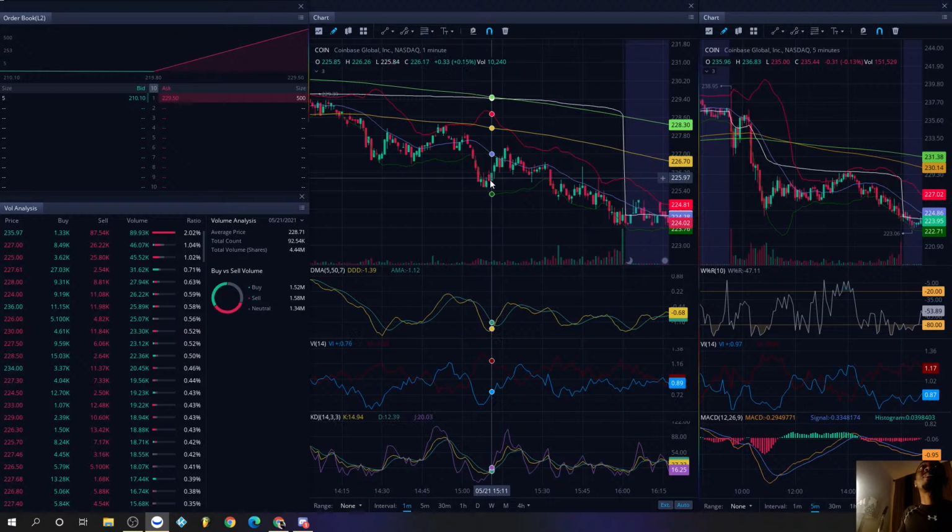If you were in that for the call, and let's just say you were a trader with regular stocks and you weren't even doing options, you get in it right there, you ride it for a couple minutes, and once you see that stall out, I mean, you got to get out of there because you're not going nowhere. That's not even a trade. I wouldn't even make that trade.